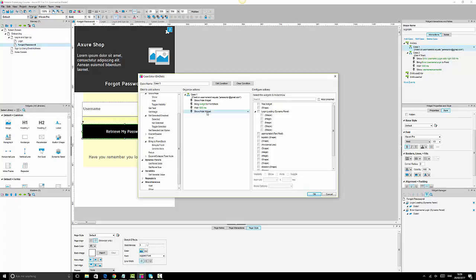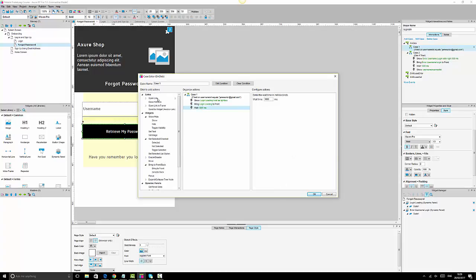Now we might just have to remove this and say show. We want to show the login loading, but we're going to change the name later. We say treat as lightbox, bring login loading, show, and then we want to